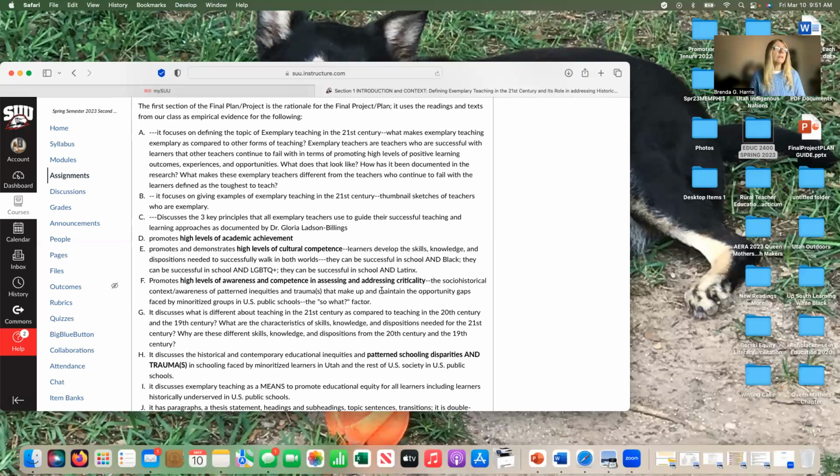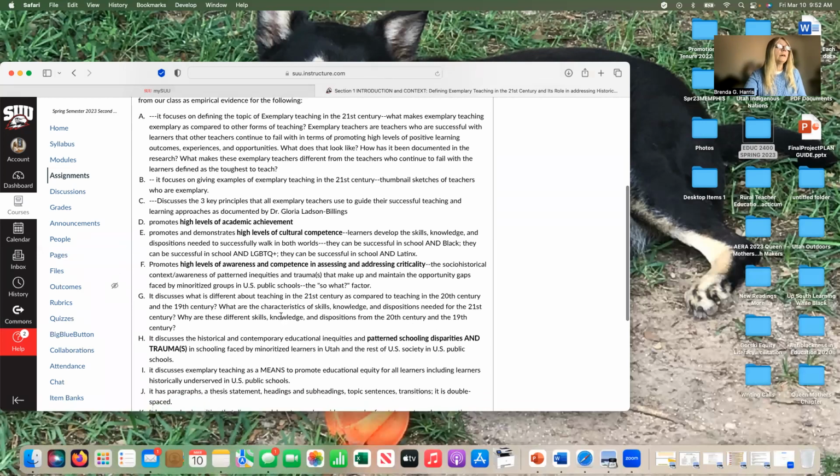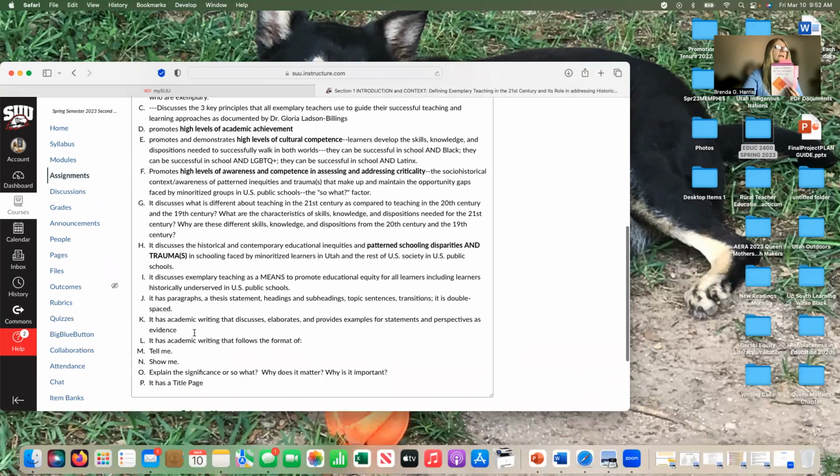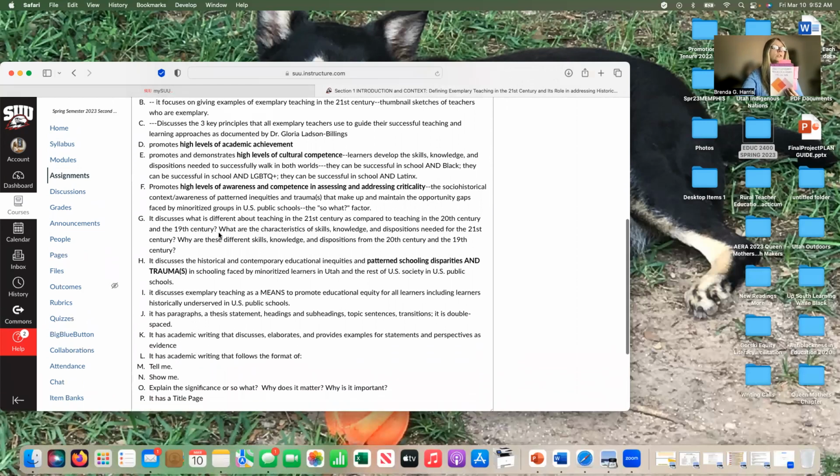So there's many ways that you can address what is happening around you and make your classroom meaningful in ways that exemplary teachers do. Okay, so moving on, let's see. I've talked about this book here with trauma. I guess the main thing that we have here for G and H would be